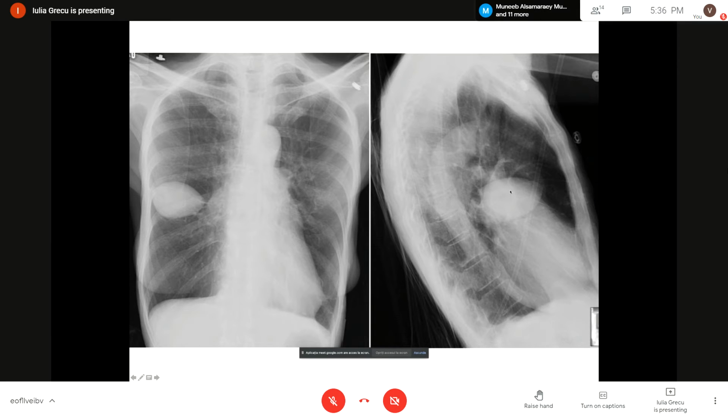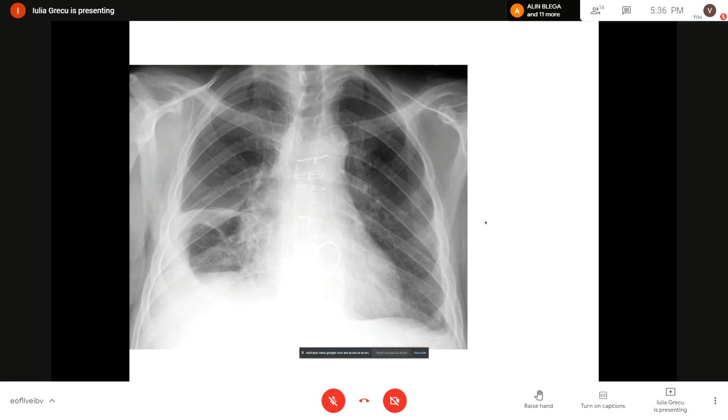Okay, and also what you can see is that these effusions are very well circumscribed, especially because they are lined with pleural layers. Okay,